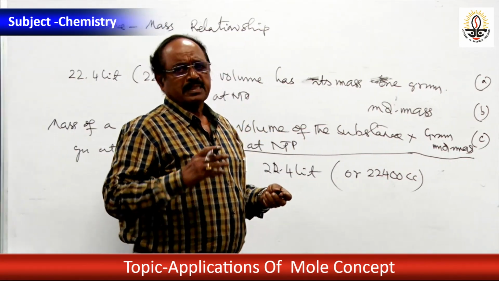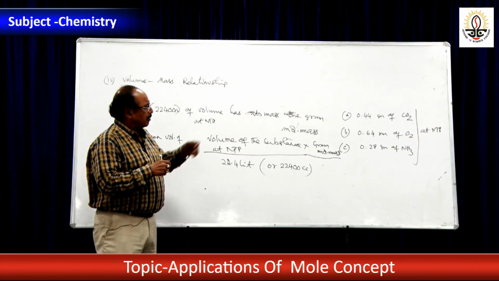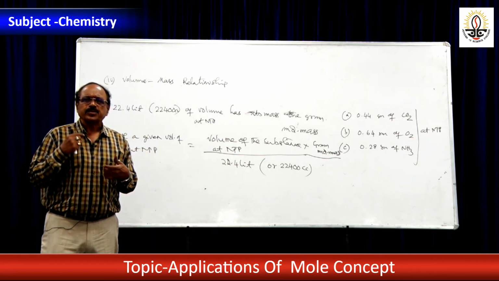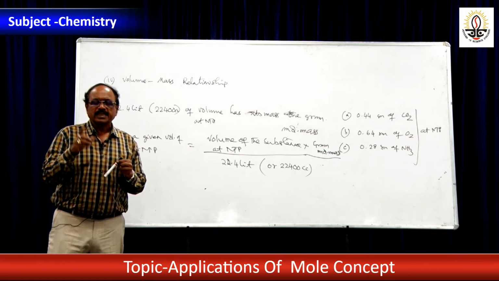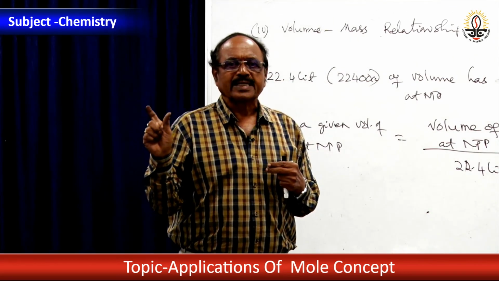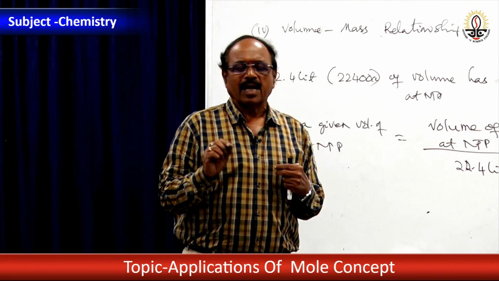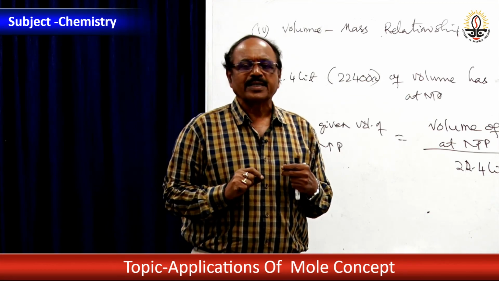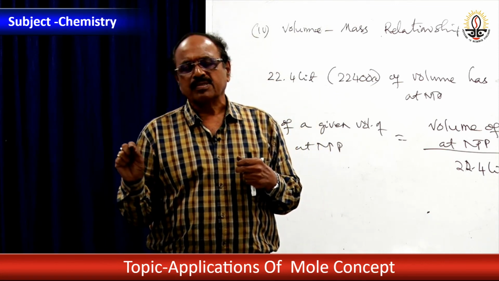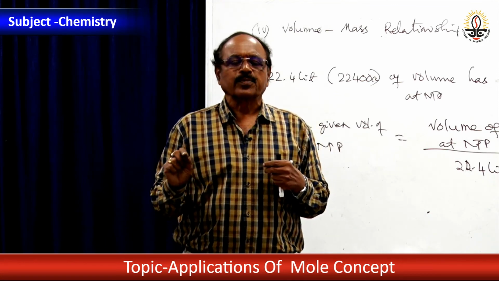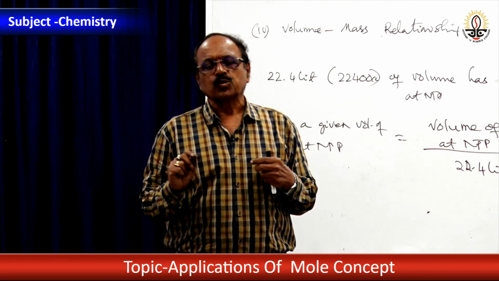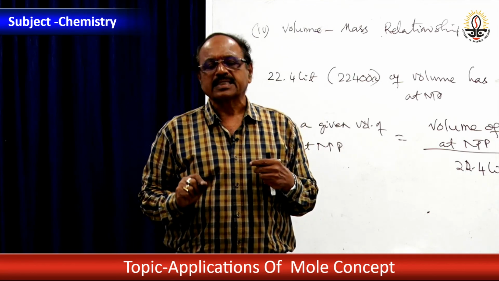Any volume, this is a very useful calculation. We are writing it as a number only so that we can understand it, but try to keep the mole in your mind. Mole is 1 gram atom of the element, that is 6.02 into 10 to the power 23 atoms. It is 1 gram molecular mass of the substance, 6.02 into 10 to the power 23 molecules, or it is 1 gram ion of the element, that is 6.02 into 10 to the power 23 ions. It is 1 gram molar volume of the substance, that is 22400 cc, or it is 1000 cc of 1 molar solution.